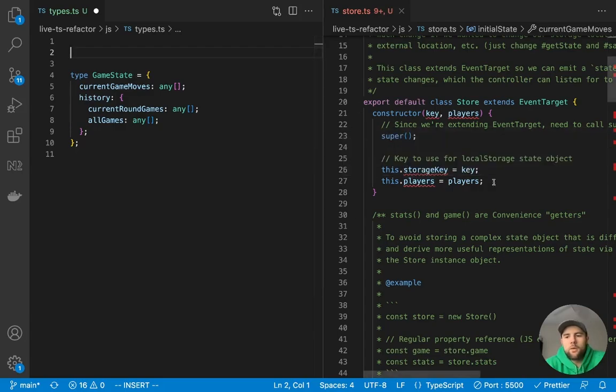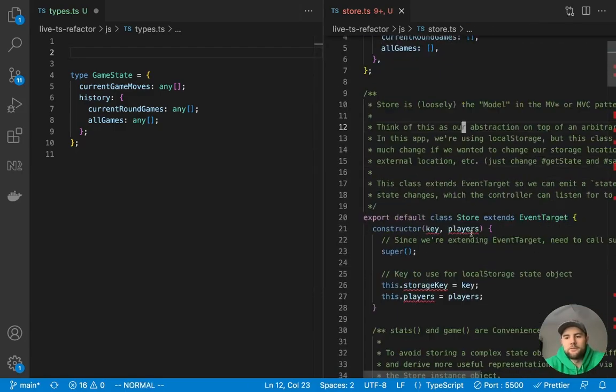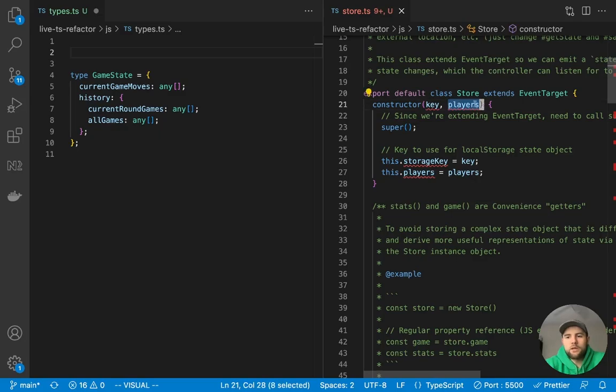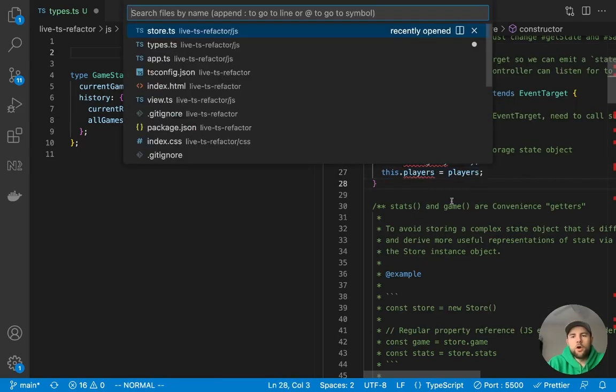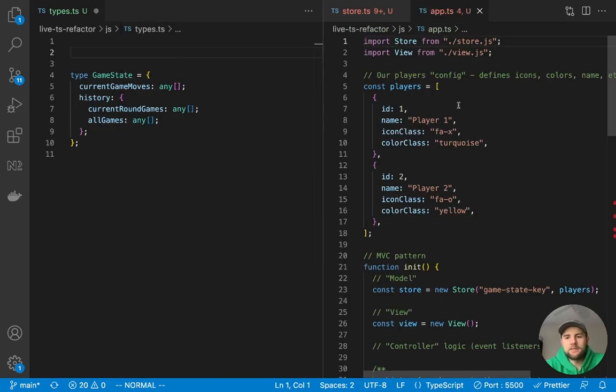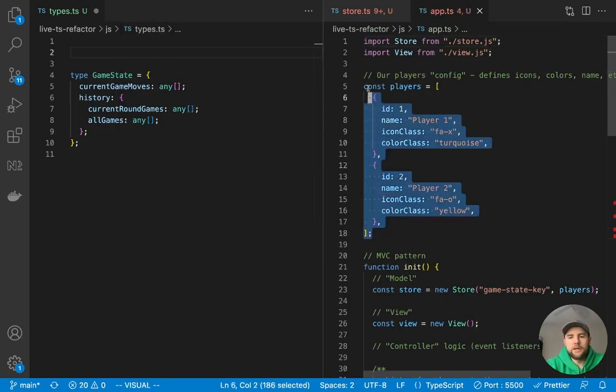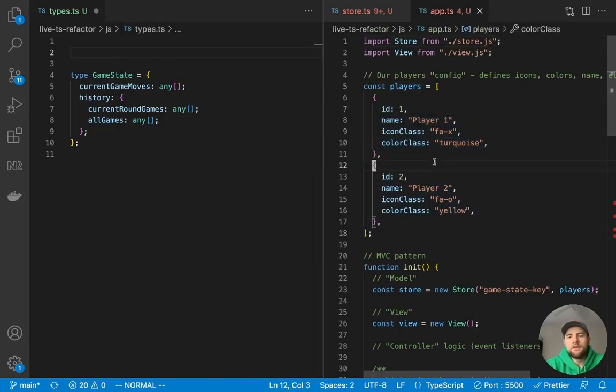So the first thing I want to do is define a Player. You can see that we've got squiggly lines under the players param or argument that we're passing into the class constructor. And if we were to open up the app.ts, you can see the players array that we've defined. So let's give a type to these objects. You can see that they have the same exact object shape.